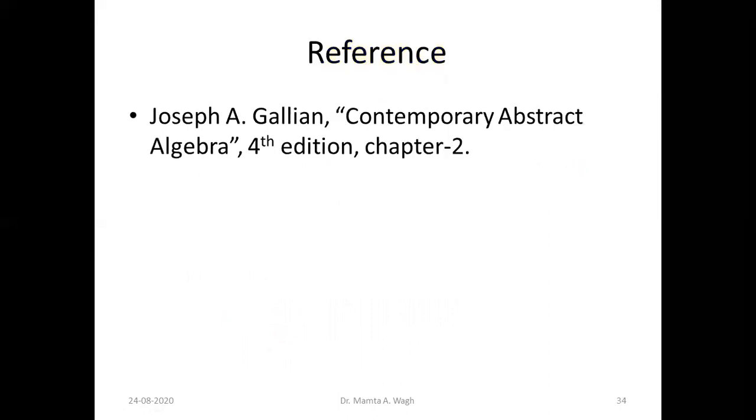So in this lecture, we have seen a few examples, many examples we have seen in my previous lecture. Here I have considered the GL2F, SL2F, GL2R, SL2R, and Un. So those were the examples. Then we have seen these properties like uniqueness of identity, uniqueness of inverse, and cancellation laws that we have proved. All these results have been referred from this book, Joseph A. Gallian, Contemporary Abstract Algebra, 4th edition, chapter 2. So chapter 2 has all these results on groups. You can go through that chapter to know more about the groups.